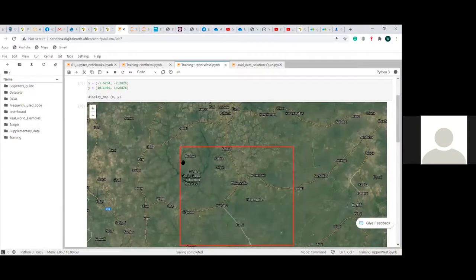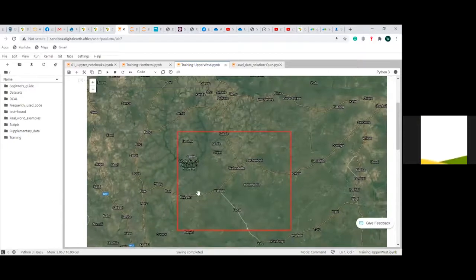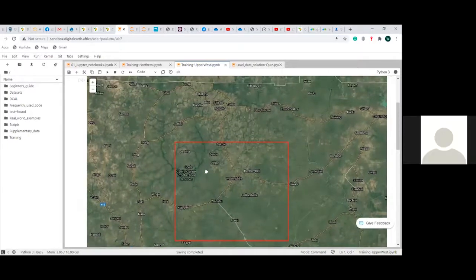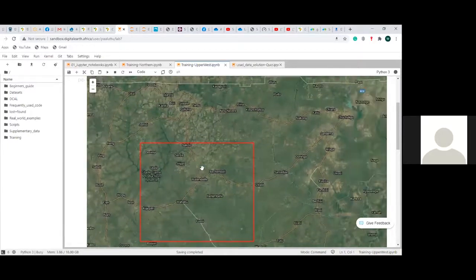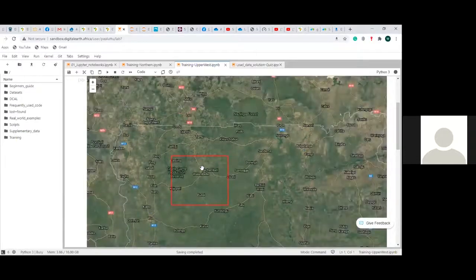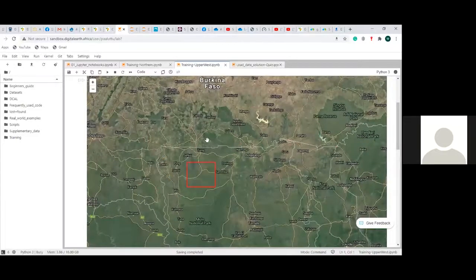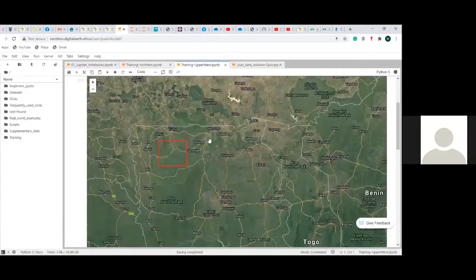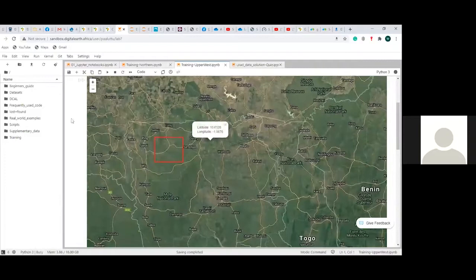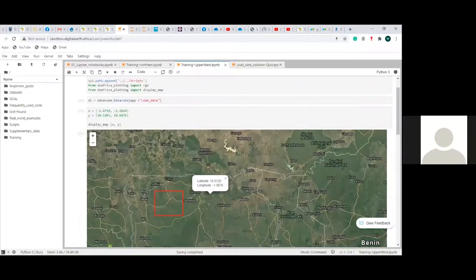Hello, brothers and sisters. First of all, I have this area on the screen. Now to change it, I have to zoom out and then select a different area altogether. So I want to, for instance, choose here. Now the coordinates I pick here, I go up and then change it here.